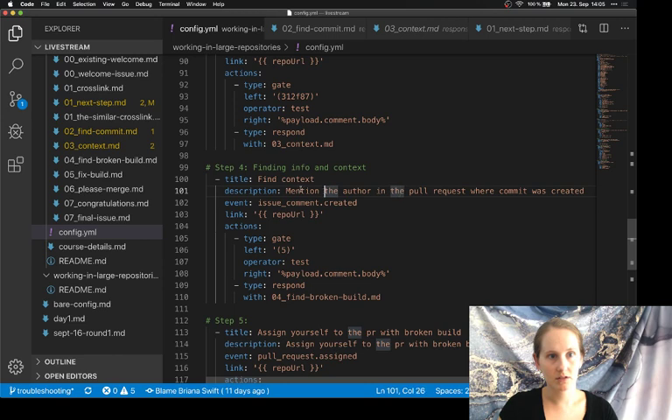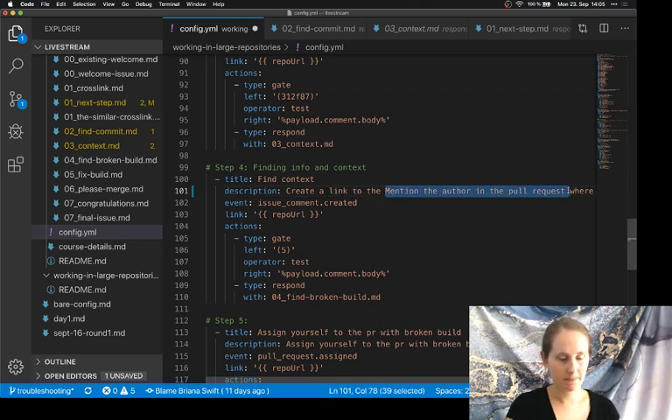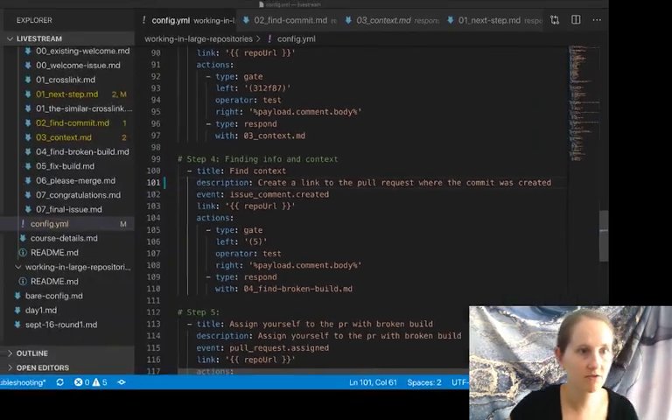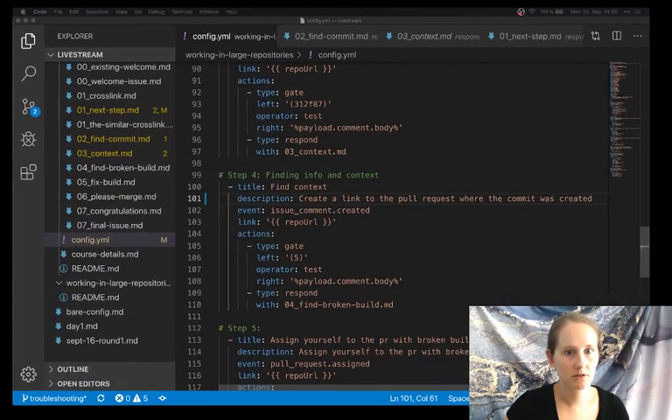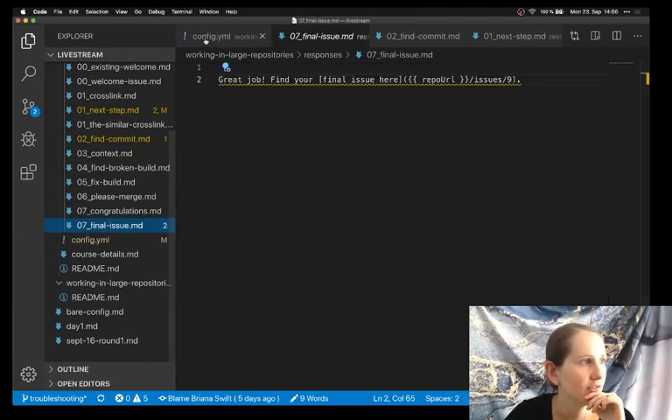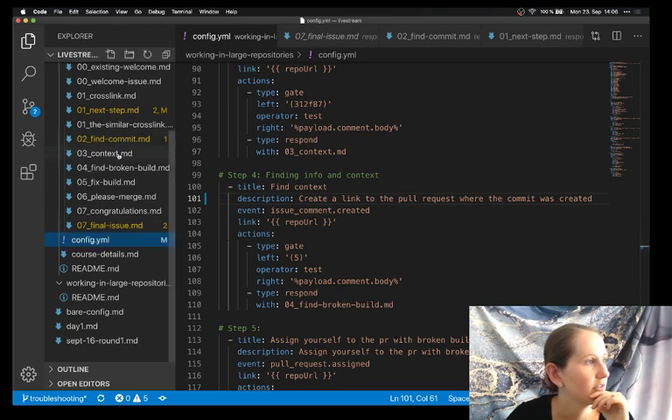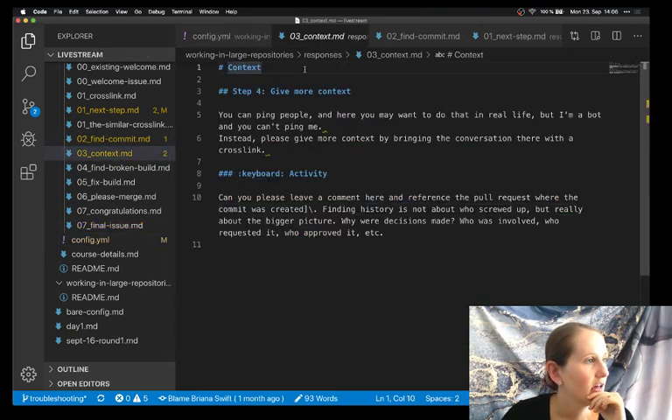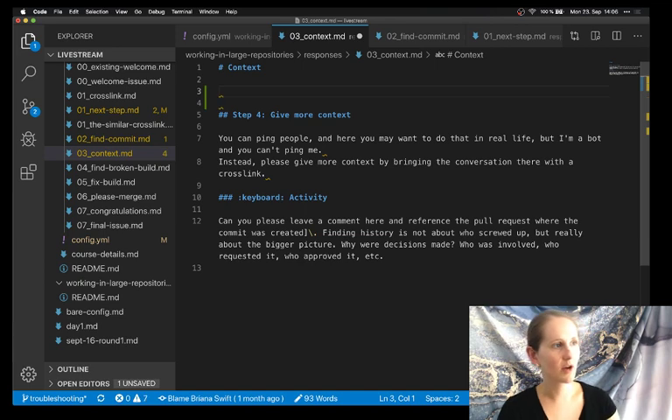Mention, or let's see, create a link to the pull request where the commit was created. Okay. And then this is checking for, sorry, that's not what I expected to happen. This is going to check for that. Okay, great. So we need to go to context and say, okay, so the stuff I want to actually say